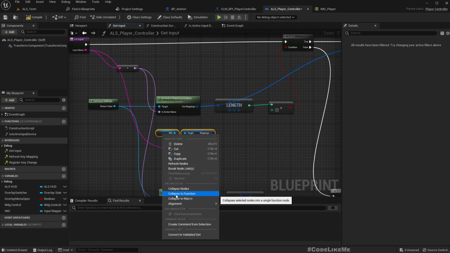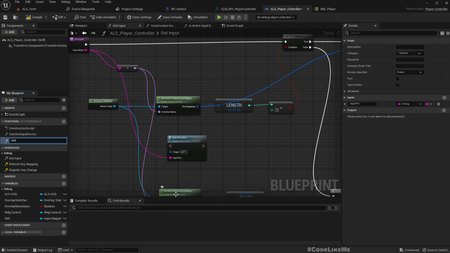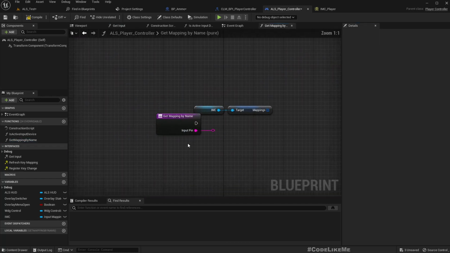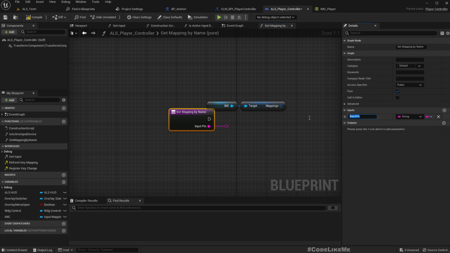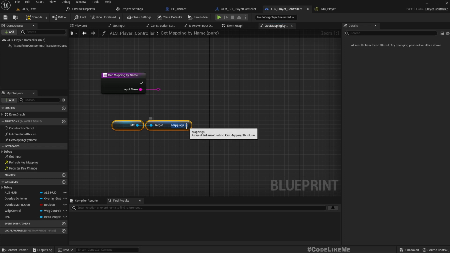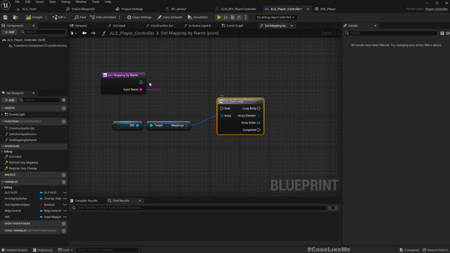and let's create a function. Get mapping by name, and I'll make this a pure function. Let's go inside. So this is the input, action name. Oh, input name. Right, now we have all the mappings. We can run a for each loop,